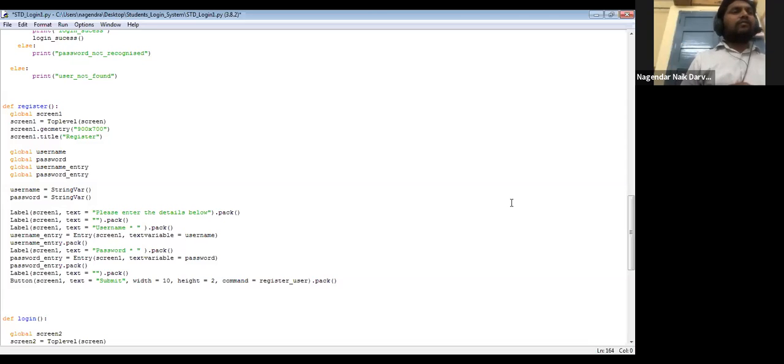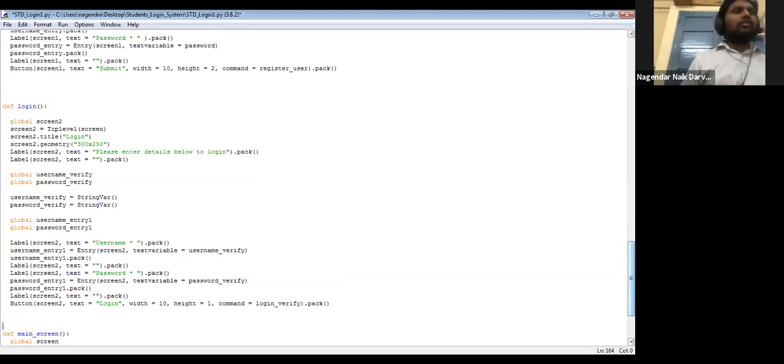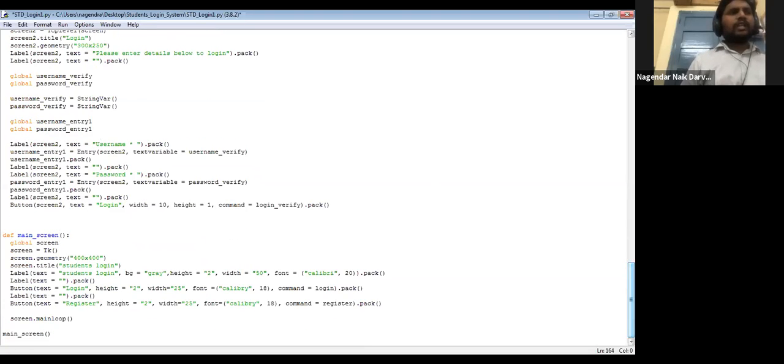That it is there. And some windows with label and button, there is no entry. See here in the main window there is no entry. Why? Only buttons are there. Buttons, and with a label you need to show something, right? So for students login, you have to show something with the labels here, but only two buttons are there, right? So there is no entry. Why? There is no blank kind of thing available actually, right?